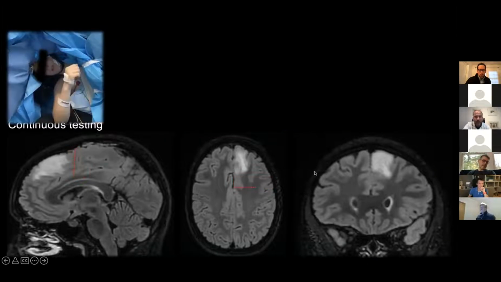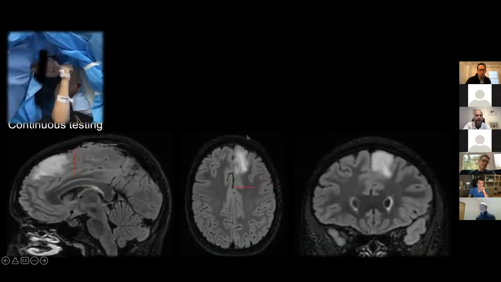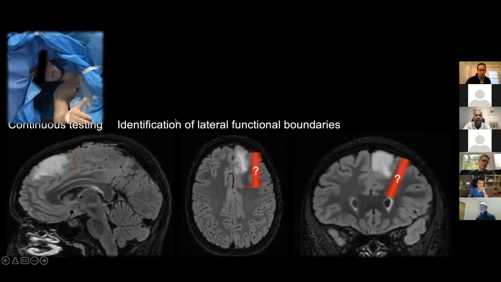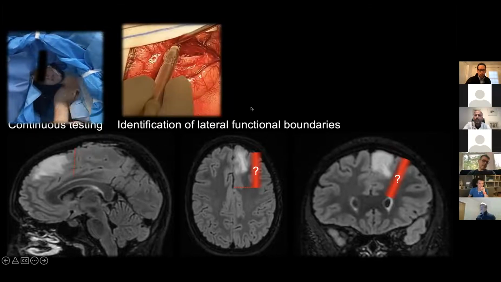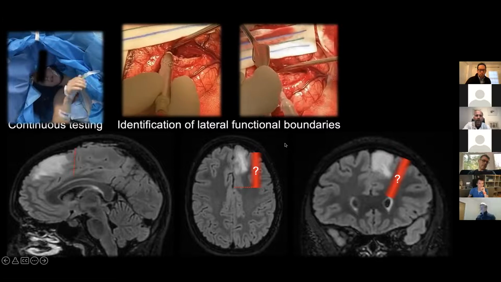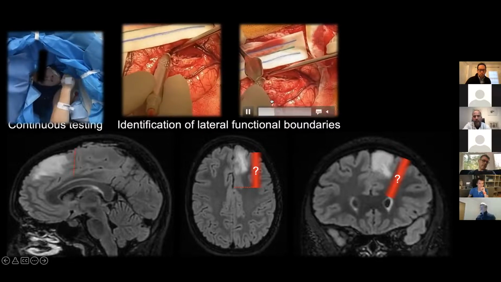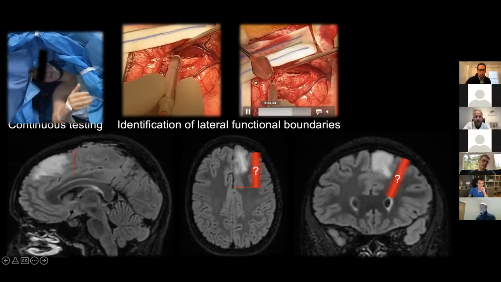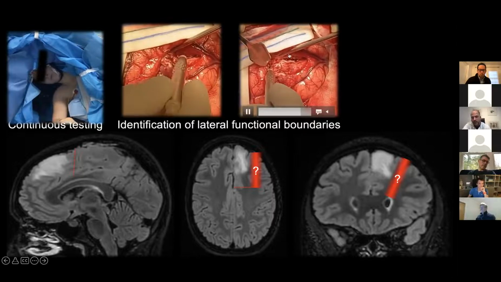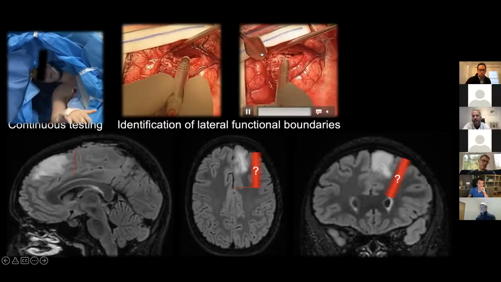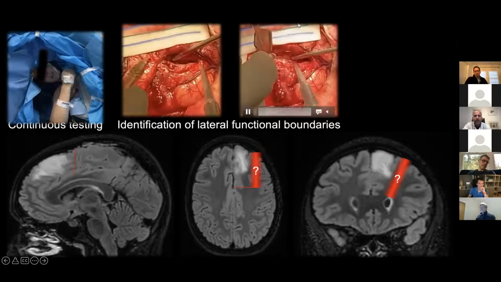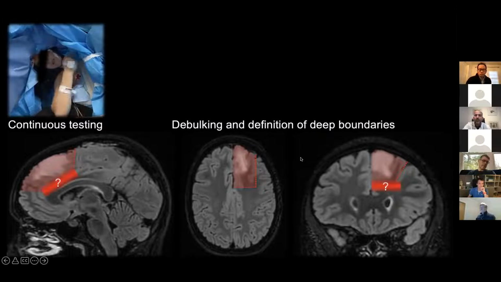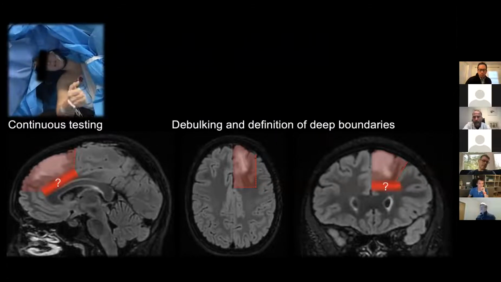Then I continue and I identify the lateral limits of resection, and the resection is performed laterally until provoking difficulties in picture naming tasks. That allowed us to identify the superior frontal fasciculus, the superior longitudinal fasciculus laterally, and the limits with premotor pathways posteriorly. The last part of the resection is the identification and the definition of the deep internal and anterior boundaries that